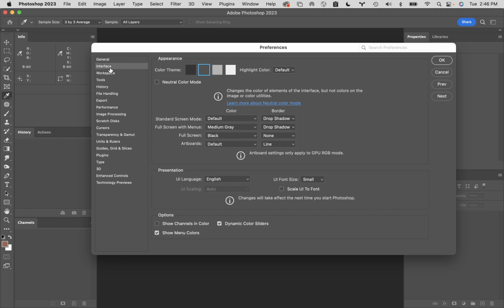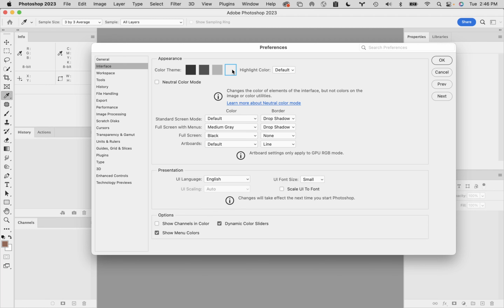Our next item down, the interface. In the interface right down here, I'm going to leave it pretty much set as its default. The one thing that matters here is the color theme that's up at the very top. There's a lot of people who will actually set their screen to light to be able to judge certain things. The problem that you run into with a screen this light is the way your eyes